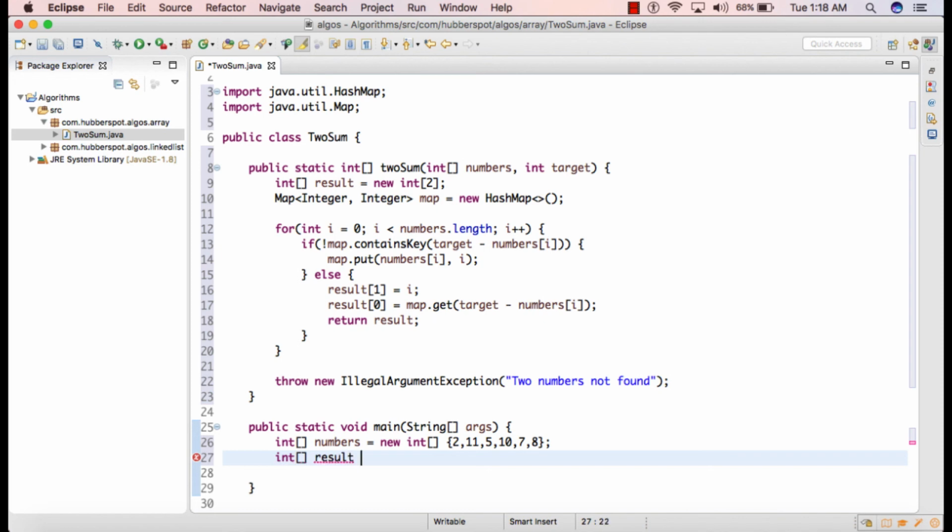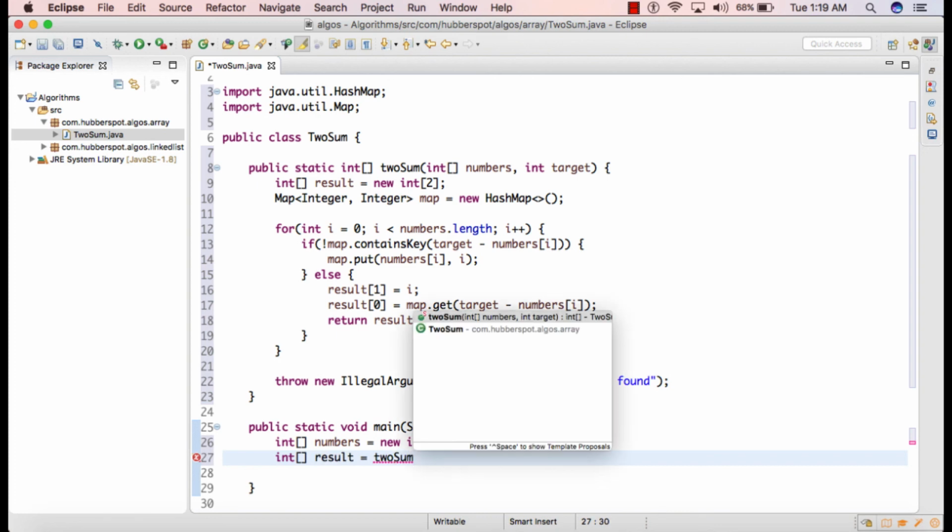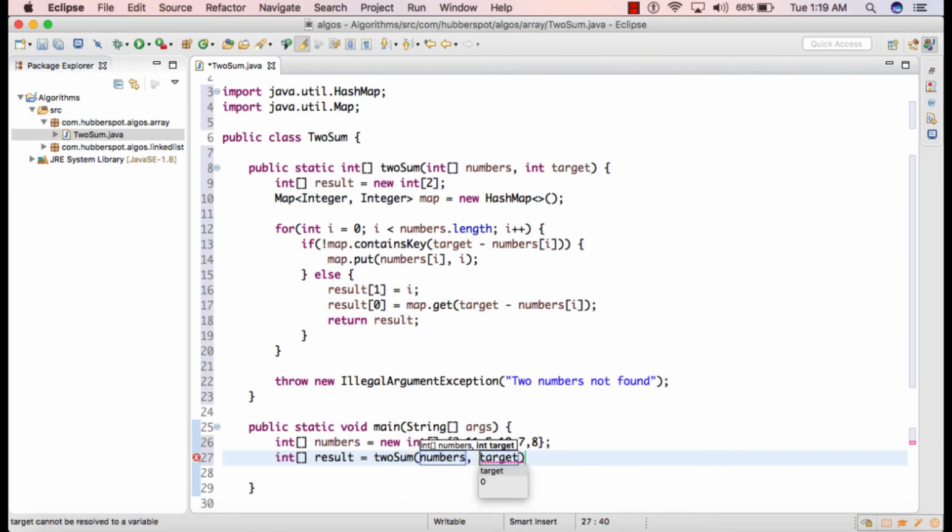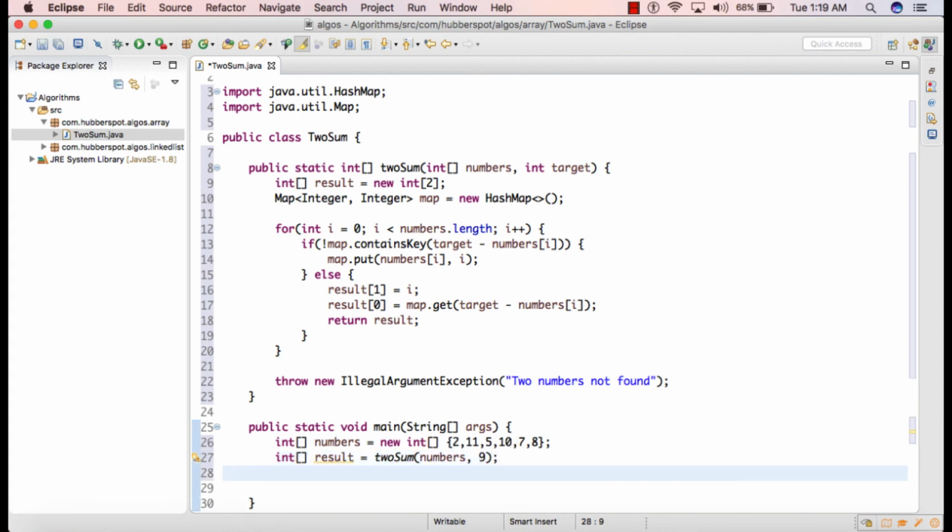Now as the result array will be returned, I created an integer array variable by name result, and I will just call toSum method by providing the numbers array, and let's say we give target as 9, and let's say we print both the indices.